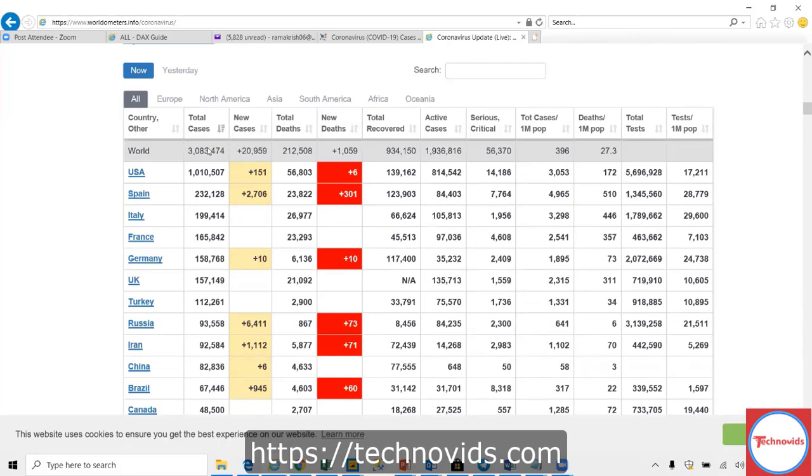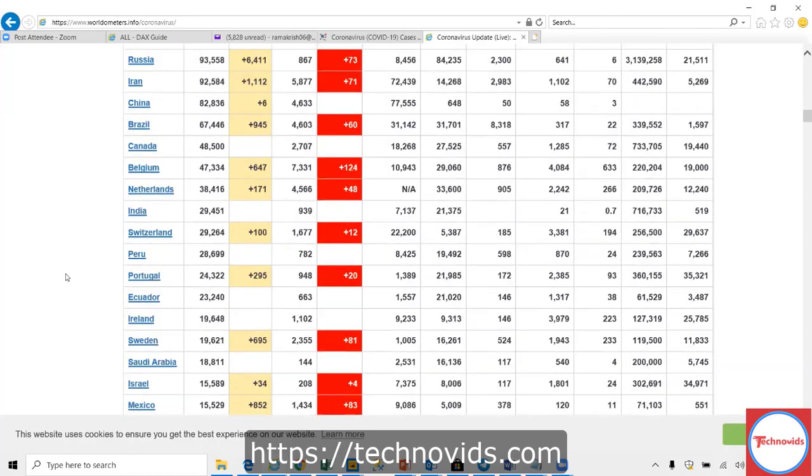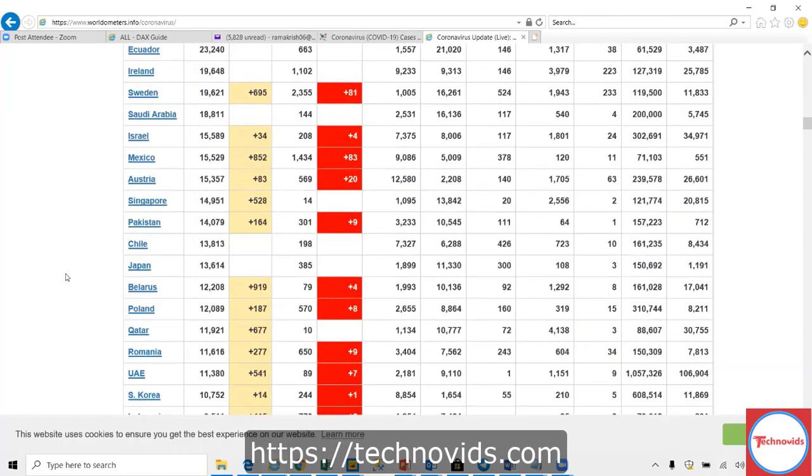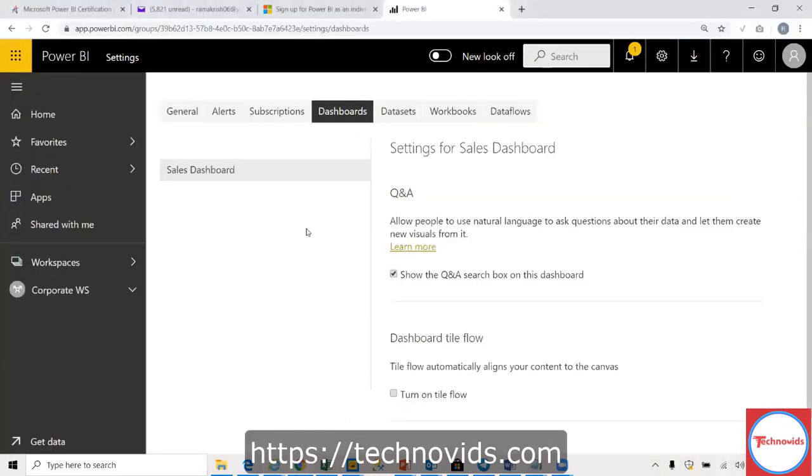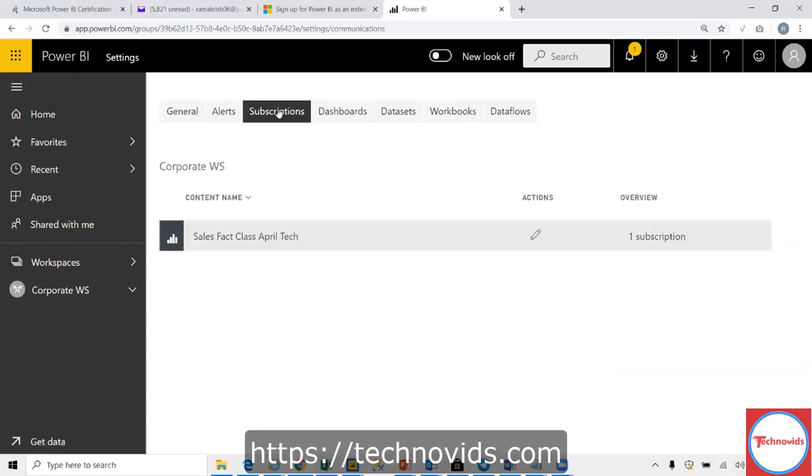If I need to understand what the India case count is, I will have to go here and get this data. The only thing that can be done, which almost all reporting tools do, is an indirect way of doing it. There is something called subscription.